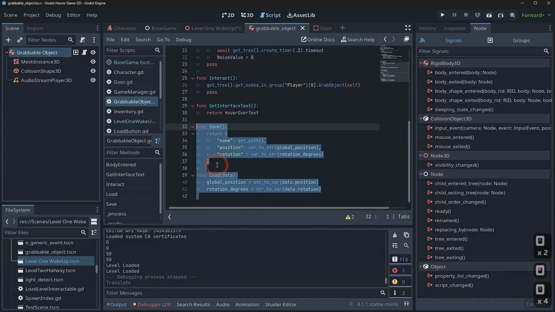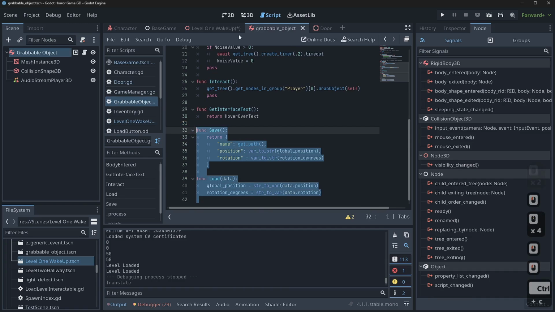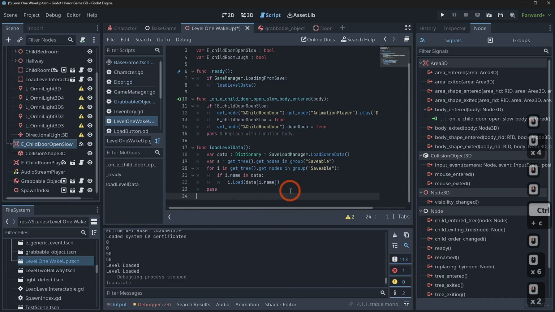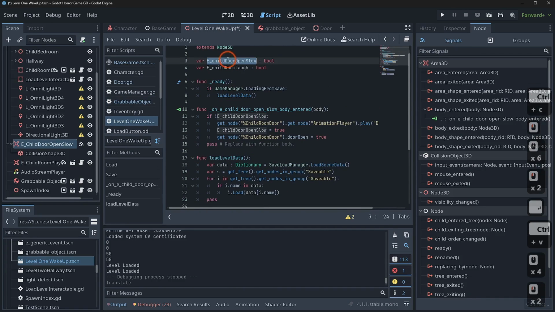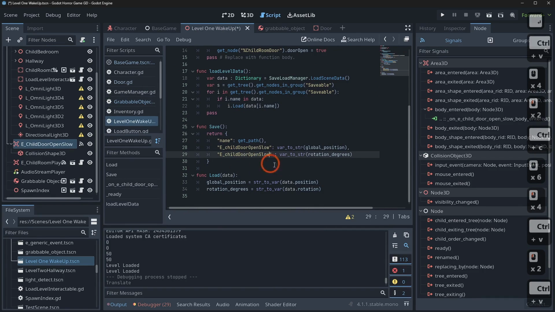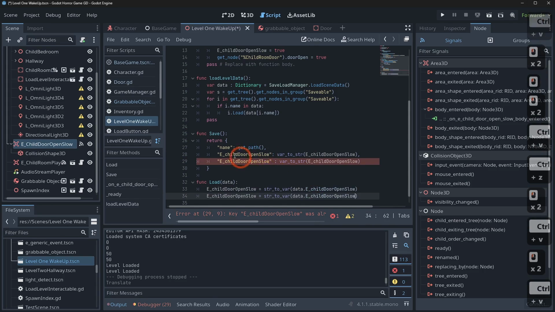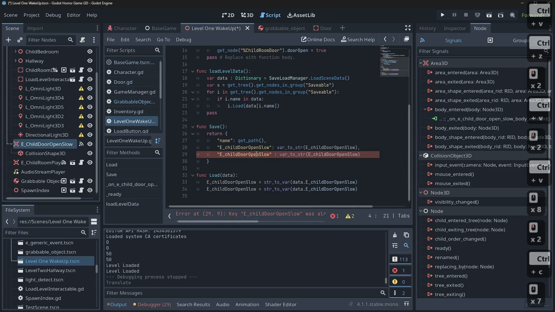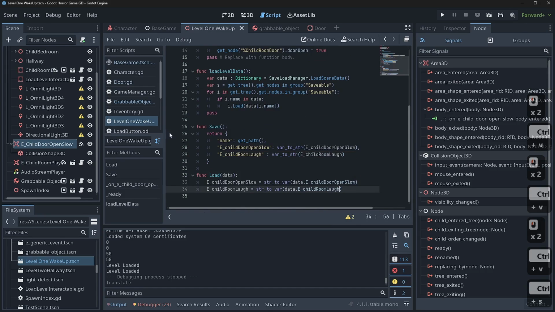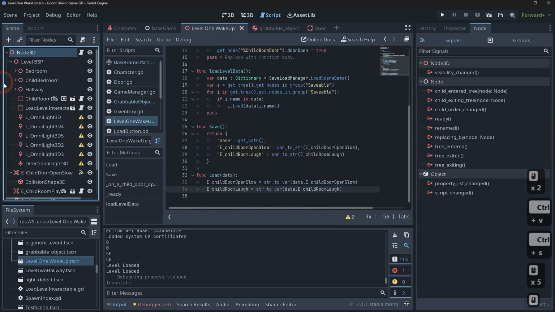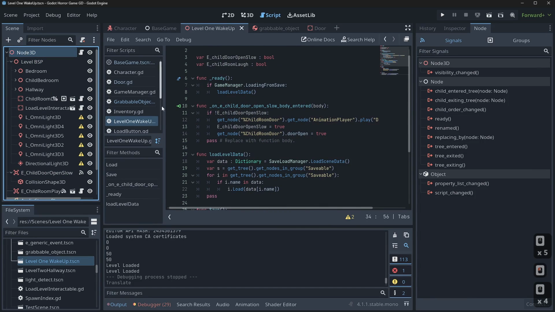And it would basically solve our problem. So we could basically grab these, come in here, paste them, change this to E room slow like that, paste that like that, and I'll grab child room laugh as well. And that's basically all we have to do. And then we just click on our node, which is the one that has this because it's our level 1